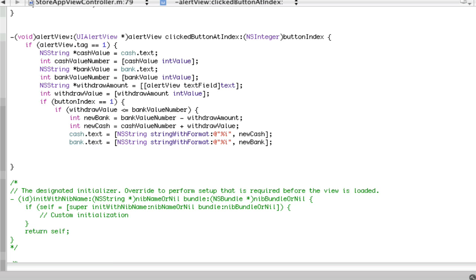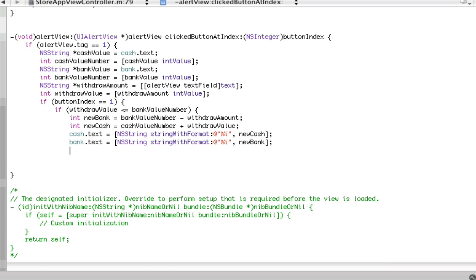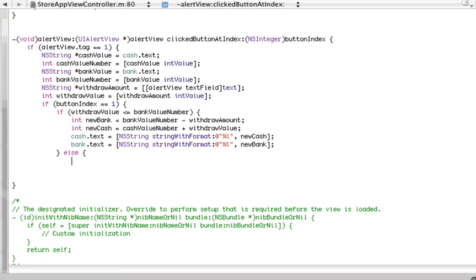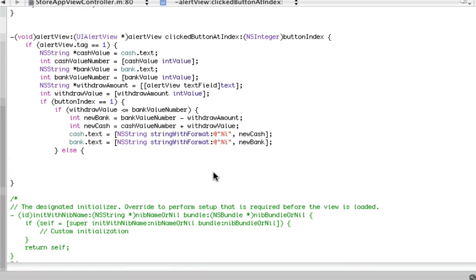And then what we're going to do is create an alert if the value is more than. So right now this is what happens if the user does have enough money to withdraw. Now we're going to set what happens if the user doesn't. So we're going to go close curly bracket, we're going to type space, else, open curly bracket, and then we're just going to create a very simple alert view. So we're going to type UIAlertView, and let's call this cannotDo,